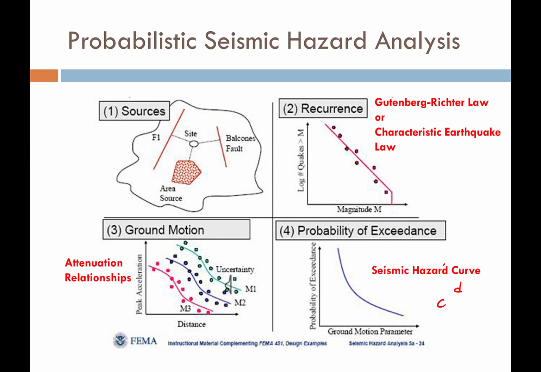Oops, I didn't realize I wrote over my little pop-up there. Now, by the way, all these little pop-ups that are here, like the recurrence laws, Gutenberg-Richter law, characteristic earthquake law, are all discussed in depth in my 545 lecture, and you're welcome to go over and listen to those recordings. You'll learn something great about those recurrence laws. And we've already discussed attenuation relationships, or GMPEs, quite a bit, so we don't need to worry too much about those. But in this crash course, I am not going to go into detail on recurrence laws or